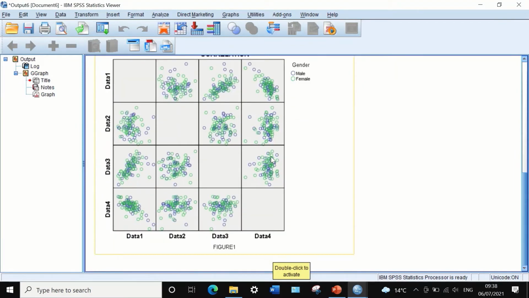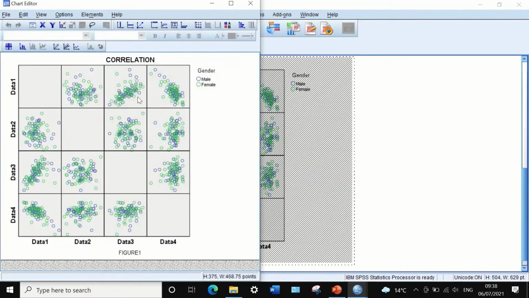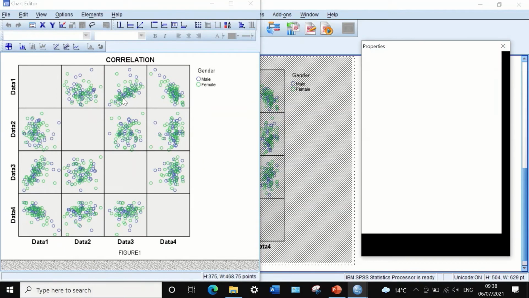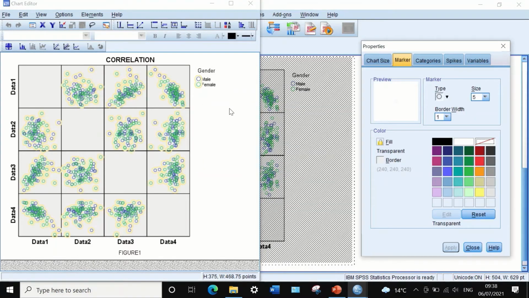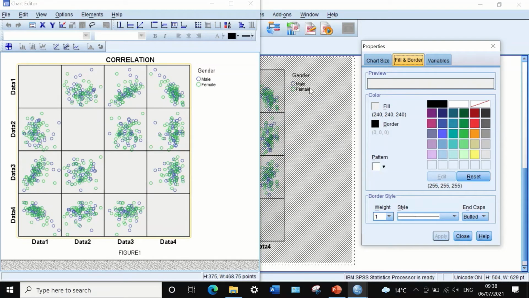If I want to edit here, I could really edit the graph further. If I double click on it, another window will appear. If I double click again on this, I could really do a few changes. Here I selected the marker. Now I need to select the graph itself. So I could remove the gray background here on the preview and select and apply, so the background will